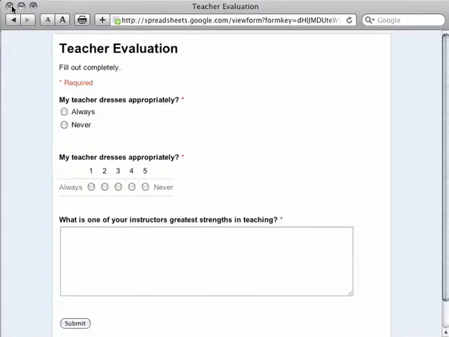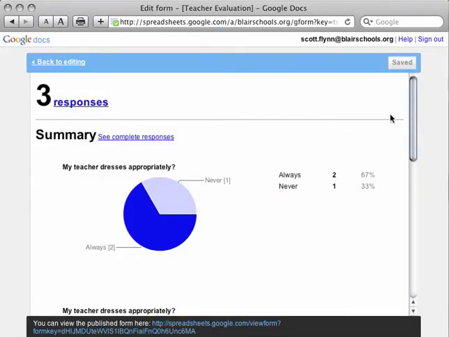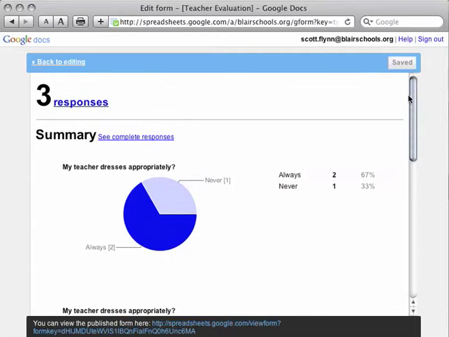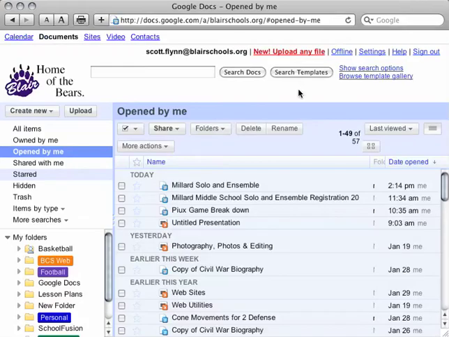we have some responses, and since I'm logged in my Google Doc account, there's two ways I can see it. One, I can go to summary, and there I have 3 responses, and I can see what the responses are, and it breaks down a quick little graph for me. Or I can go here to the spreadsheet,